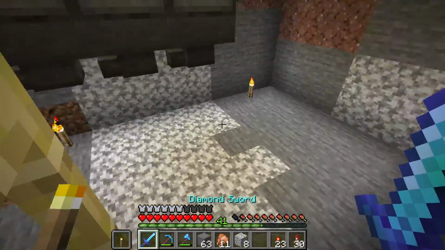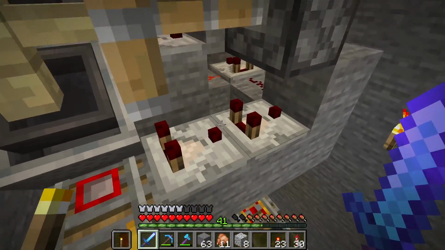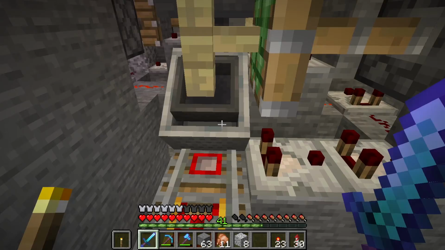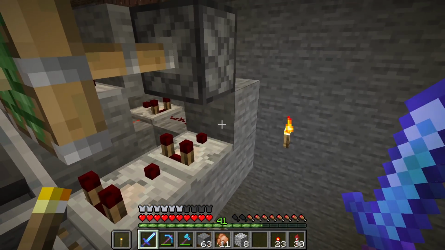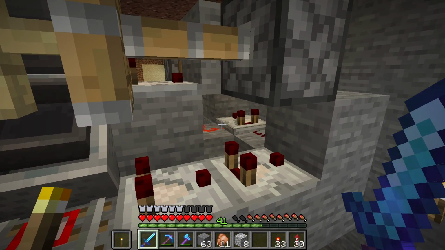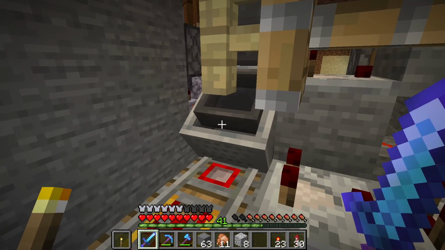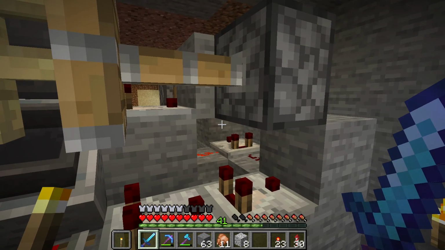And to explain how it works, I'm going to use this side because this side is more exposed towards us. These comparators here are comparing the signal strength of this hopper minecart. So when it gets high enough, it will pass through this block. And then this comparator back here, the one with the lever attached to it, is comparing the signal strength between the lever and this. When this minecart is basically full, I think it's missing 5 items when it gives out that power,